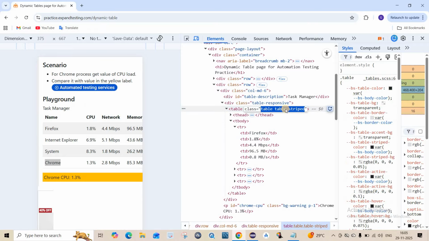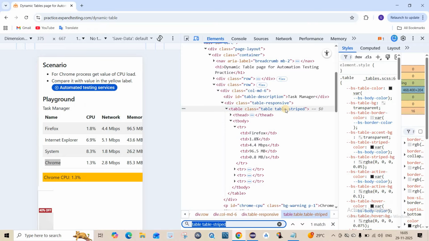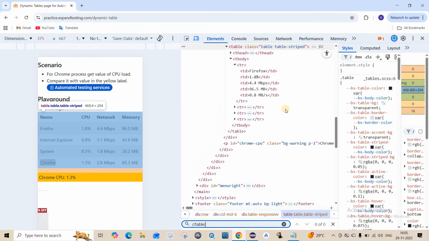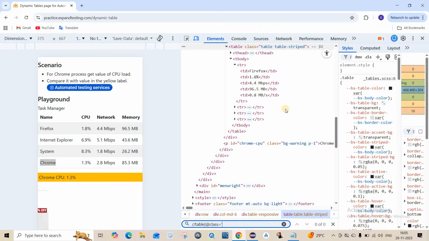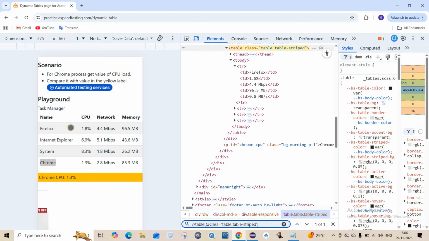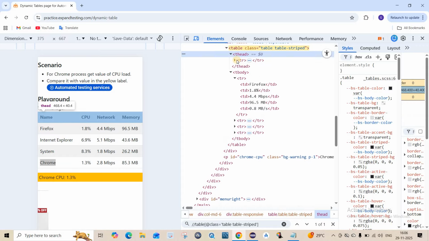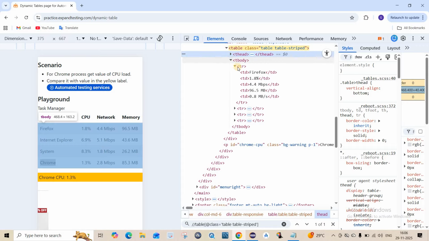Right click, copy here this one, Control F, slash table. I am writing XPath. If you are not aware how I am writing this XPath, then I will suggest you go and watch my previous lecture so that you will be able to grab how the XPath is written. Inside this table, if I click enter, you can see this whole table is selected. Now inside this table we have to go to this particular name, right? This is the particular name here. If I expand this one,